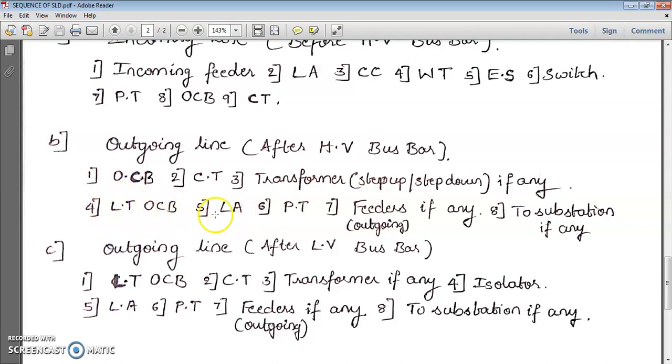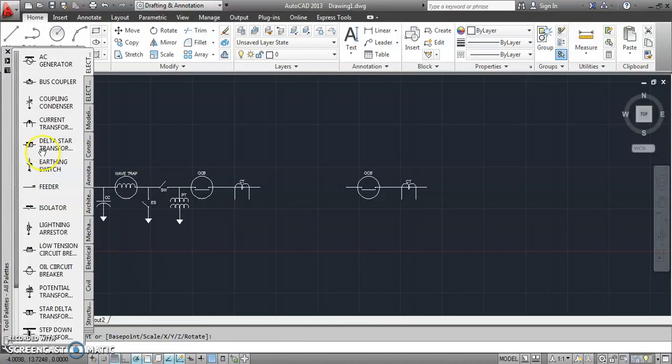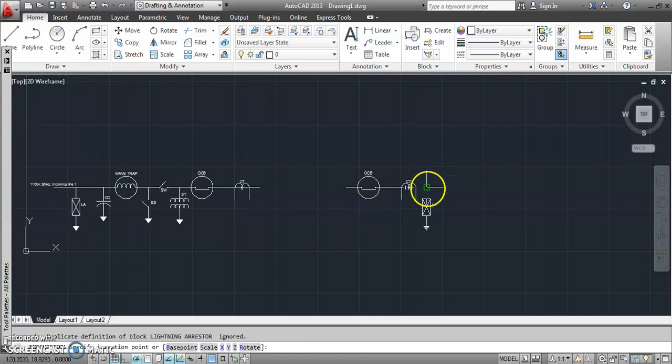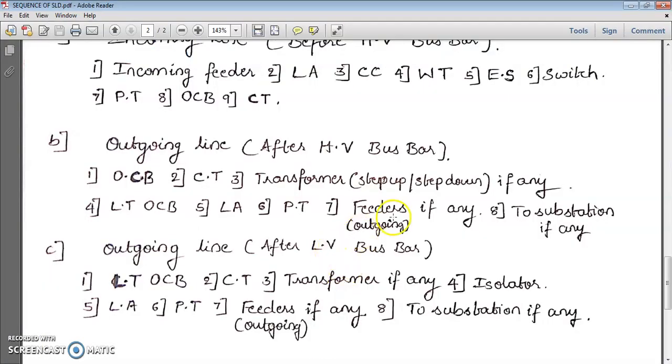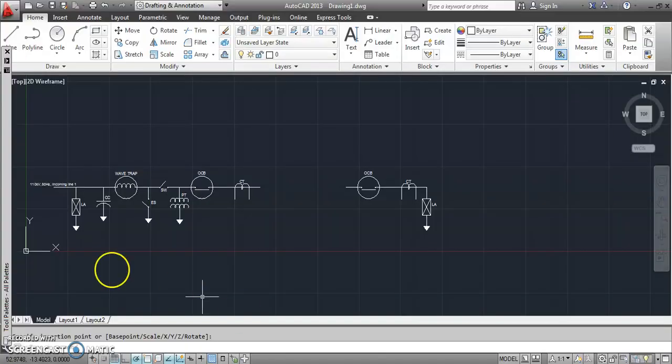But you can use a lightning arrestor. Not a problem. Okay, I shall be using a lightning arrestor. Go here, look for lightning arrestor. Lightning arrestor is also over here. Okay, connect it. Next, after the lightning arrestor, what do we have? We have PT, right? PT.